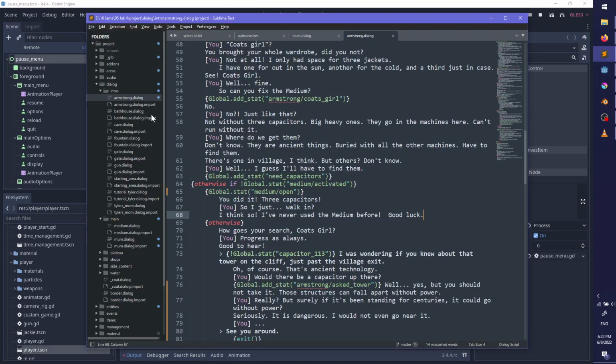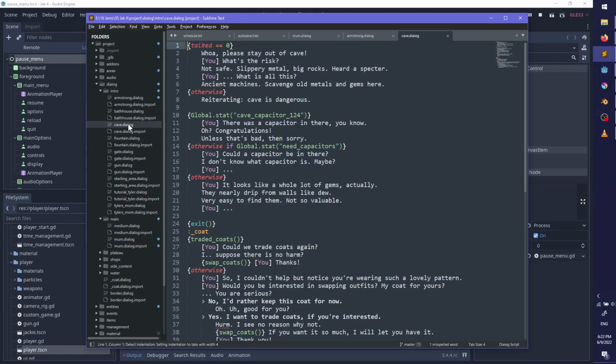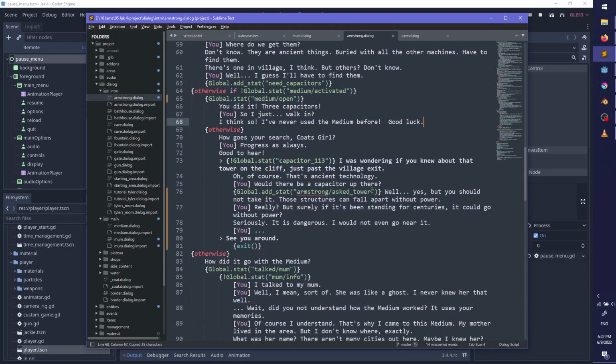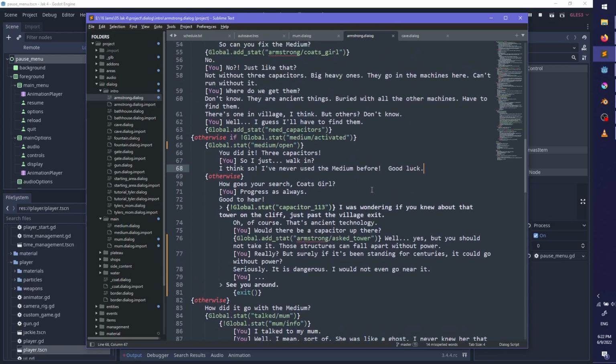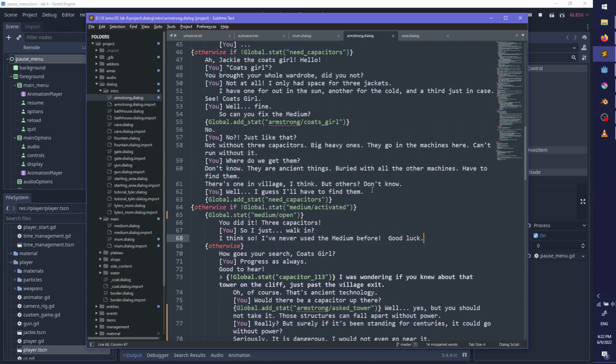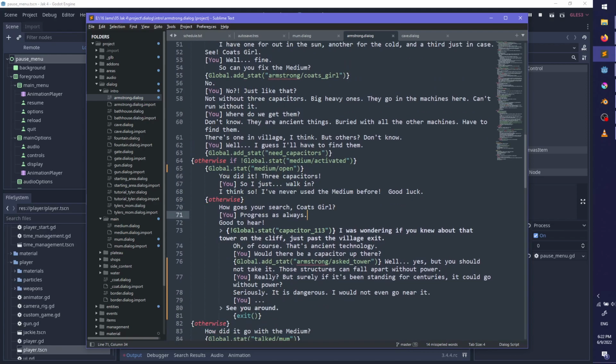So let's do, what was in the cave? Cave capacitor 124. How goes your search?